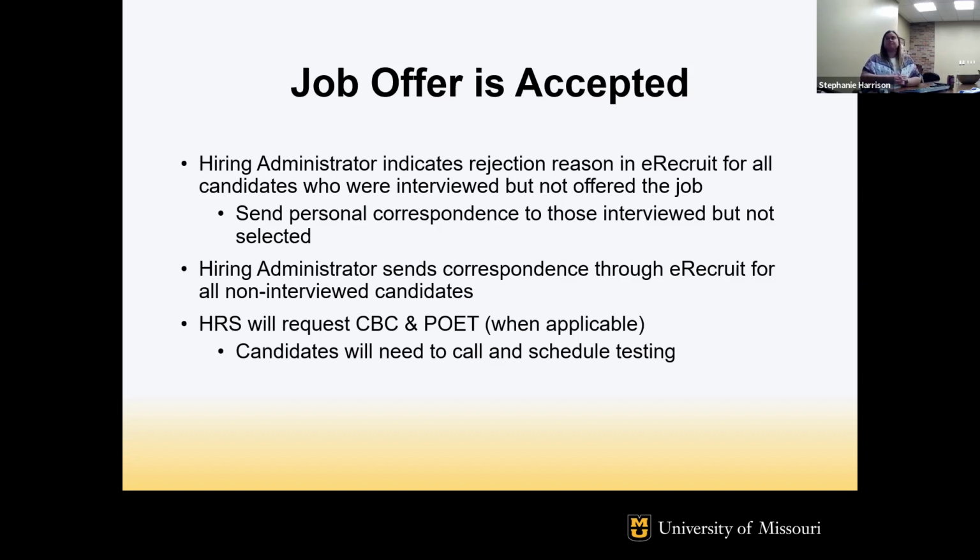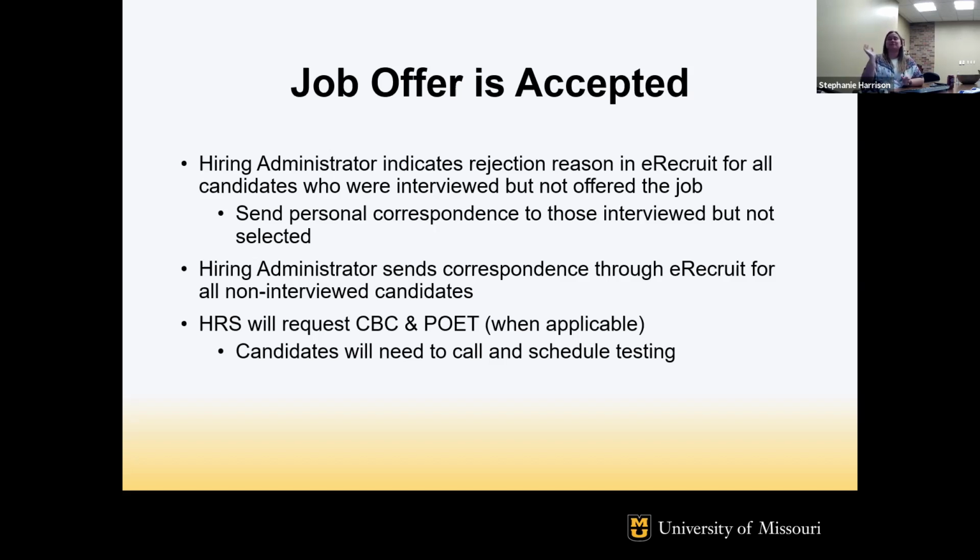If we don't have any information in eRecruit, then we're going to send that EEO complaint to you, and those federal people will contact you, and you're going to have to respond. So it's much better if you put everything into eRecruit, in the activities and attachments tab, or into the reason why the person was rejected.